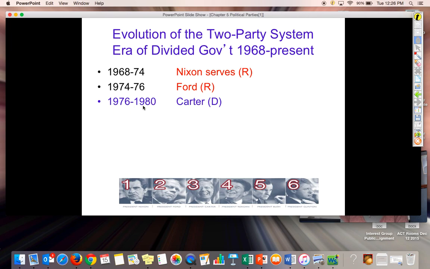In 1976 to 1980, the peanut farmer, Jimmy Carter from Georgia, serves as our president. And then we have a two-term presidency of Ronald Reagan. And he led us through many initiatives strengthening our military during this time. The Cold War and his relationship with Gorbachev will help thaw those relations. And so we will talk more about all these presidents, but in particular, Reagan did have some big moments.